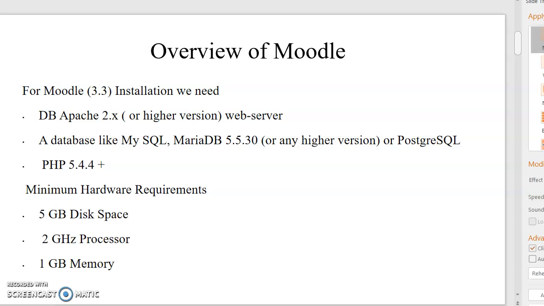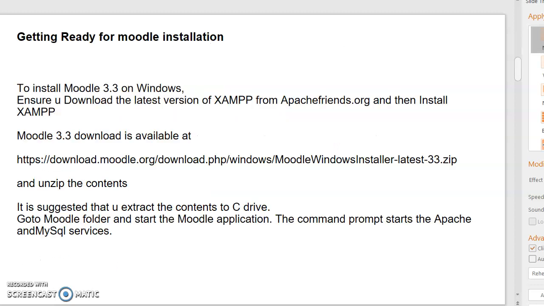For the Moodle 3.3 installation, we need an Apache 2.x web server, a database like MySQL, MariaDB 5.5.30 or PostgreSQL, and PHP 5.4.4 plus. The minimum hardware requirement to install Moodle is 5 GB disk space, a 2 GHz processor and 1 GB memory.